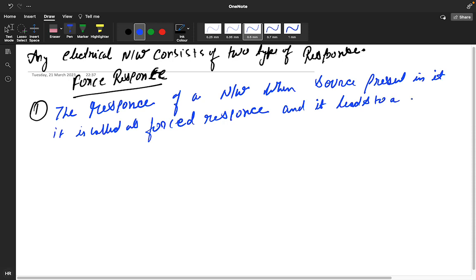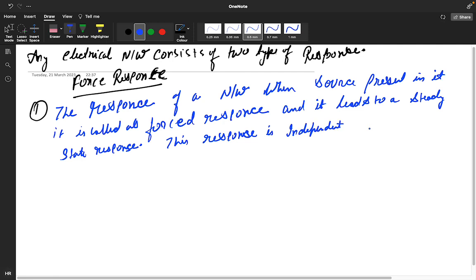And it leads to a steady state response. Okay, this response is independent of the nature of the passive elements,